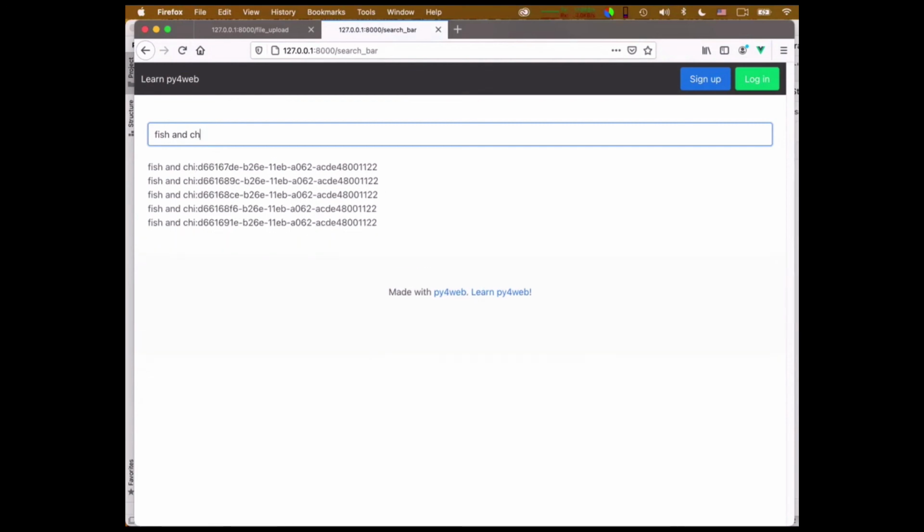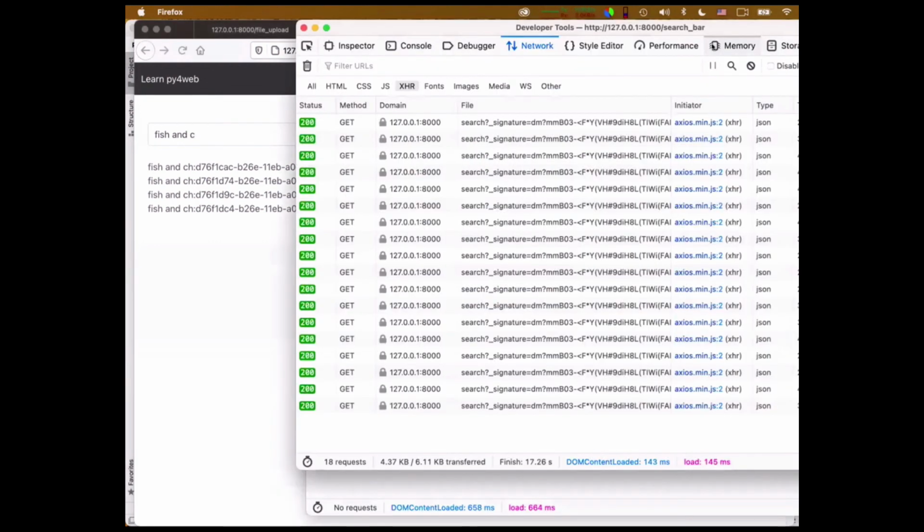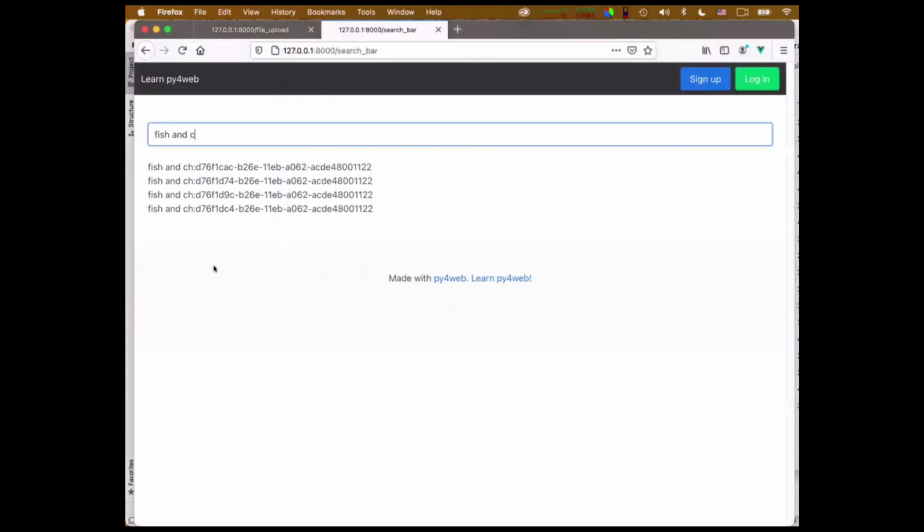Wait a moment. Yes. I think it's because I have to listen to the key up event. So now we go into a crazy loop in which we have to figure out which event is the right one.